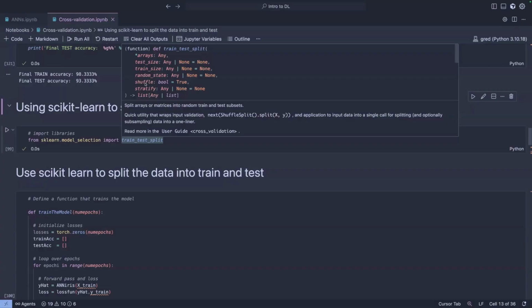You can choose to shuffle the data. So for this, for example, we don't really need to pick random indices and make sure the shuffling is done properly. It can shuffle on its own. It can also stratify the data. For example, if you have unbalanced classes, like this data set is pretty simple, we have equal examples of every one of the species. But if you have a data set that is very biased, with 100 examples of species one but only 10 examples of species two, you would still want some weighing on the training and the test so that you have meaningful representation of every class in your data.